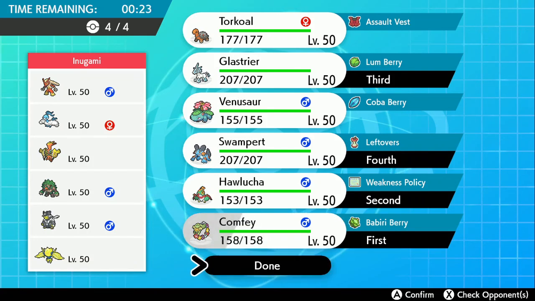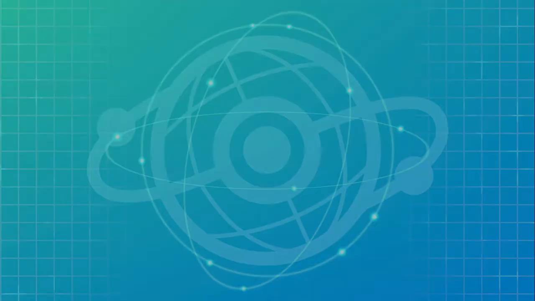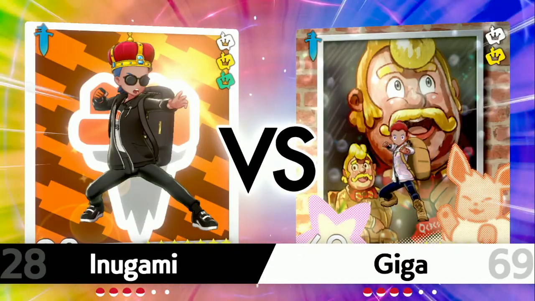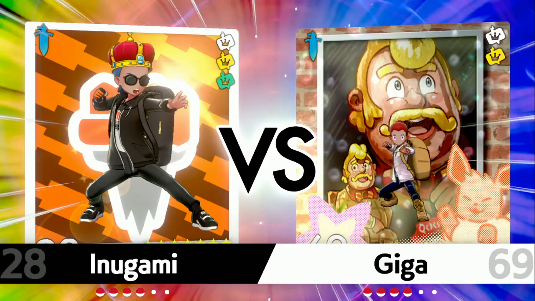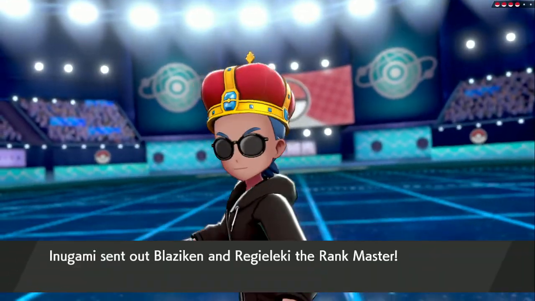I'm going to save it. I think, worst case, I can swap out from Hawlucha to Swampert if they lead something like Regieleki. And then, yeah, if they lead Regieleki or some electric type without Rillaboom, I do feel pretty safe going for Trick Room turn 1. But yeah, this team is very anti...